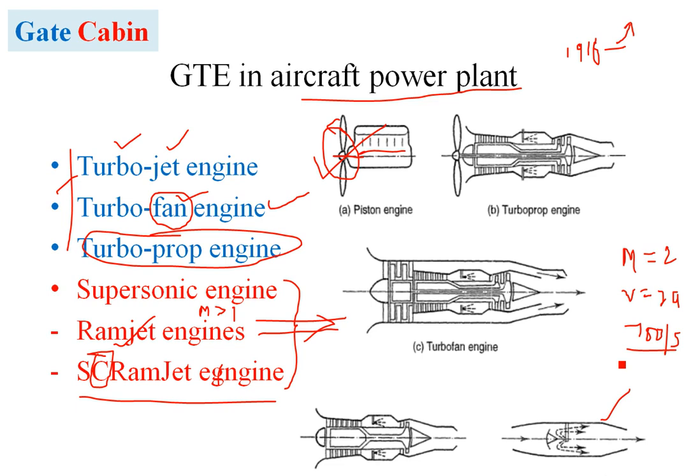That means the moment air enters into the combustion chamber, quickly within a fraction of a second, the combustion process has to take off. Okay, so that is the important thing here. The combustion process has to be very efficient and very fast.